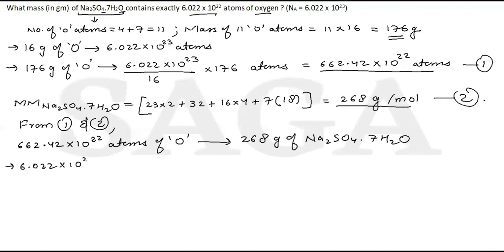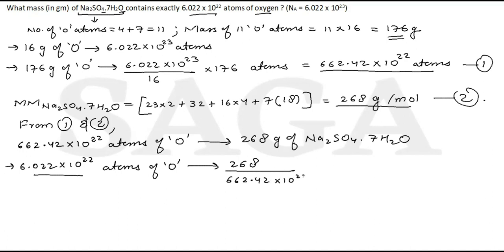But how many atoms of oxygen are given in the question? 6.022 into 10 raised to the power 22. So this much number of oxygen atoms will be present in 268 upon 662.42 into 10 raised to the power 22 into 6.022 into 10 raised to the power 22 gram of Na2SO4.7H2O. This will be equal to 2.436 gram, which is approximately equal to 2.44 gram of